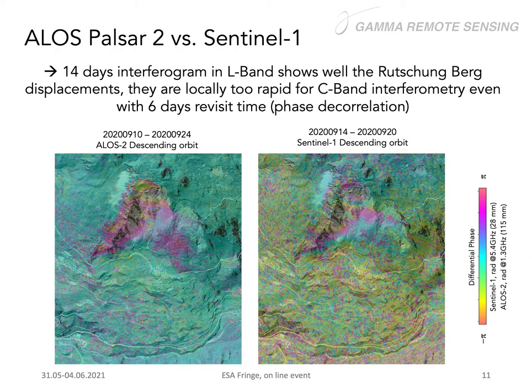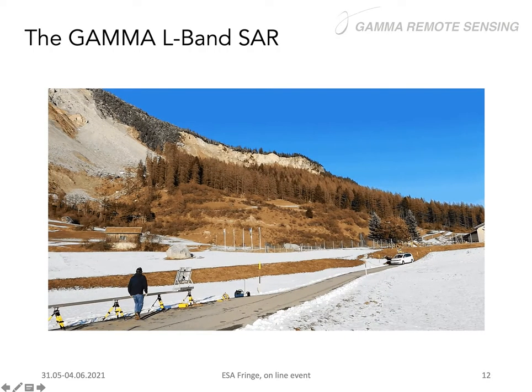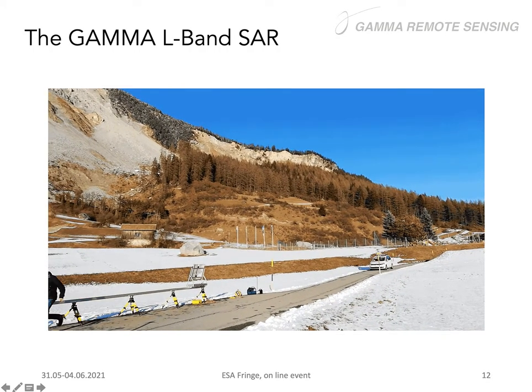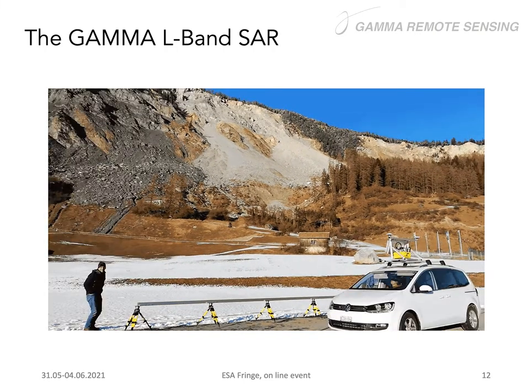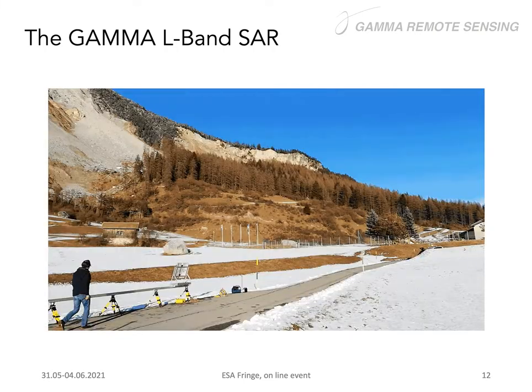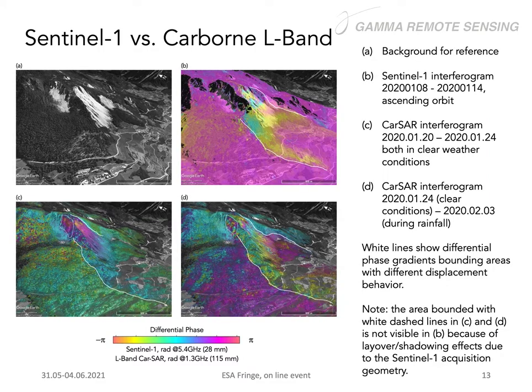And here you see also using different satellites like L-band radar data from ALOS, that it's possible to see deformation also in areas that are affected by vegetation. And last but not least, here is the example of the campaign that we've been doing with the car-board radar at the L-band, and you see also the rail that is installed there. So we did several tests, and by combining this data with the other results that we had from the satellite, we could have a full set of the representation of the kinematic behavior of this landslide.